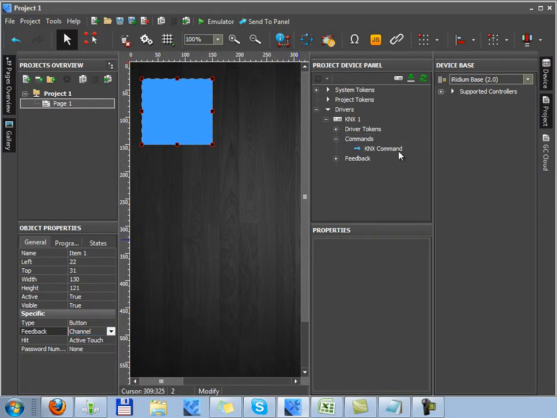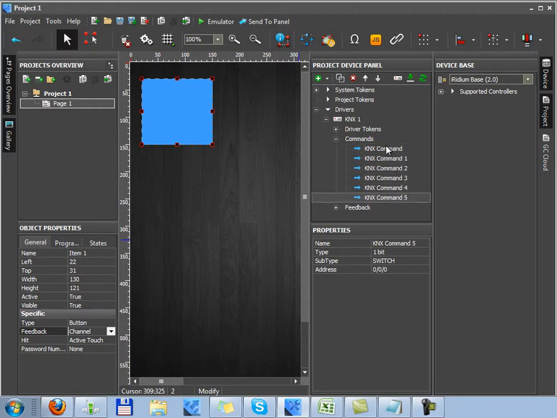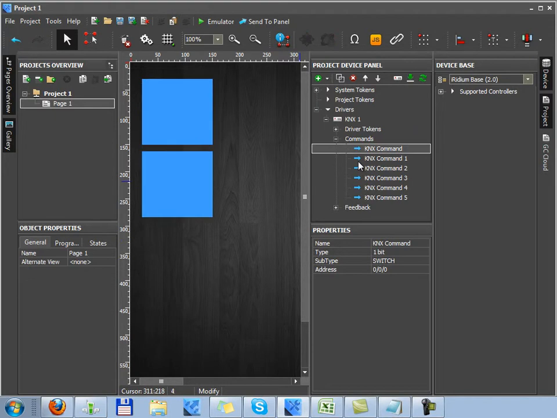Next tab, commands. Here control actions which will be sent later to equipment are formed. There can be lots of commands to the equipment. Every command contains an instruction which must be executed by the control device. To use a command in your project, you have to drag it on a graphic item by using the drag and drop method. And while dragging the command,